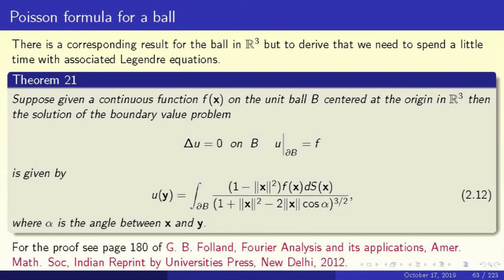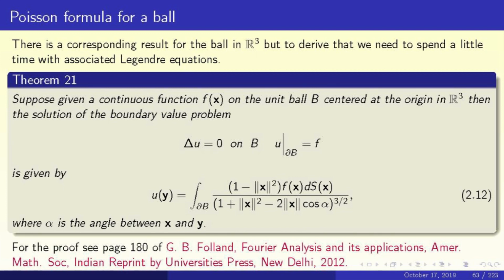Now, the analog of Poisson's kernel is also valid in 3 dimensions: 1 minus r squared upon 1 plus r squared minus 2r cosine of some angle. That formula exactly carries over in higher dimensional space, and the formula is 2.12, that the solution is given by